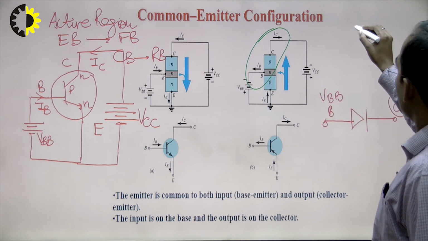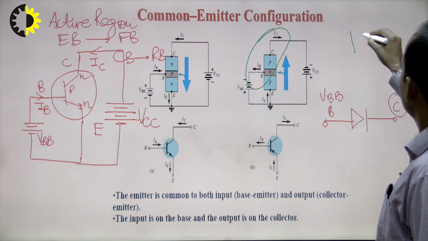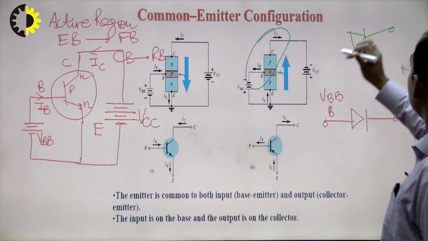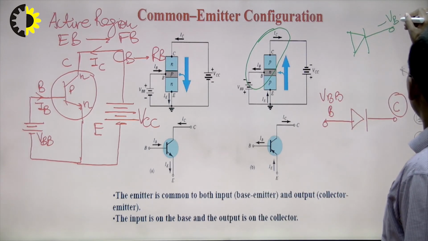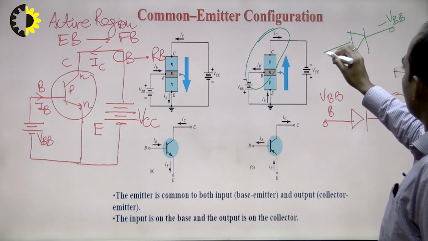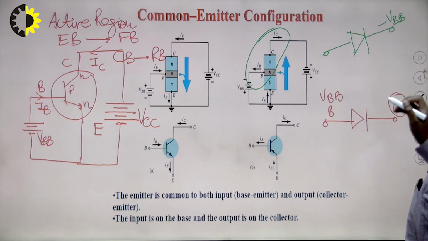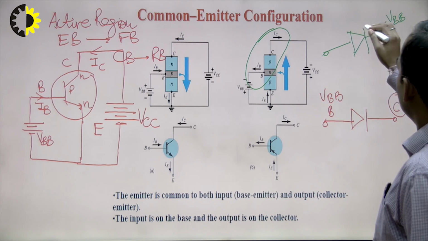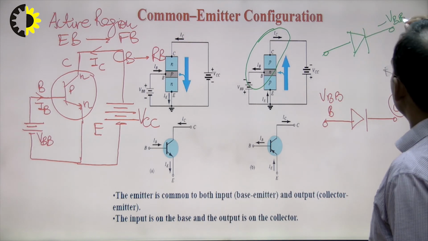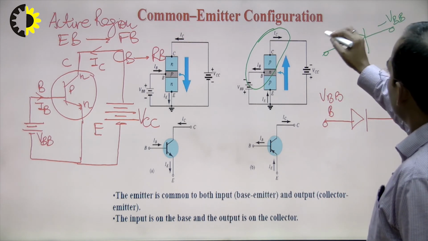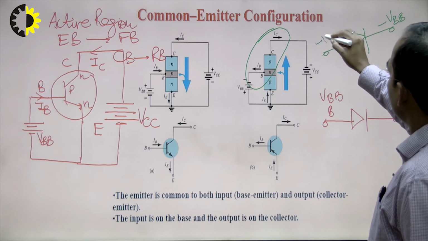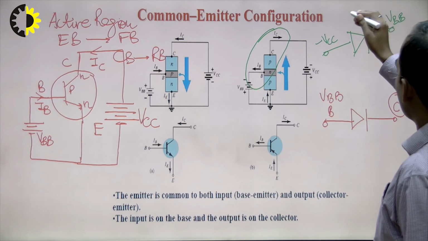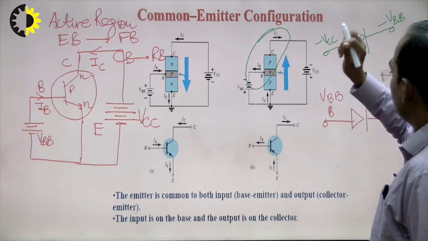This is N side and this is P side, so it is very clear. So, this N side is connected to the minus VBB. For making this reverse bias, what we have to do? We have to connect with the lesser negative voltage, that is minus VCC. Lesser negative voltage will work as we have to make the collector base junction reverse bias.